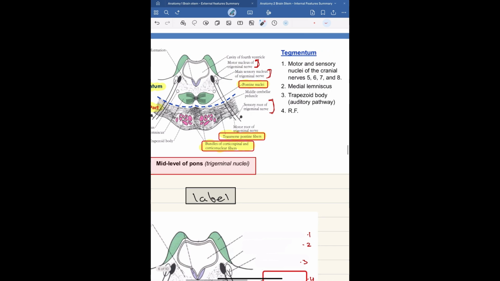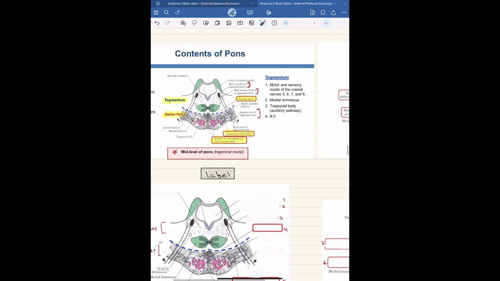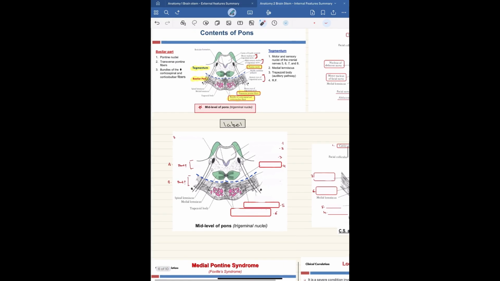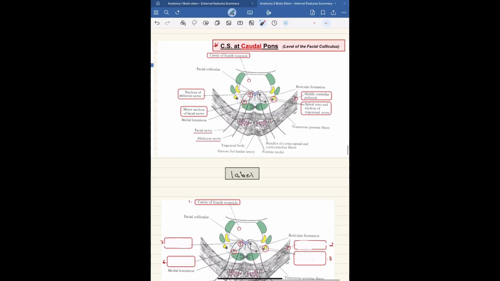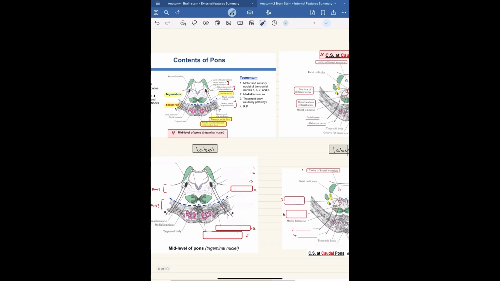And that's the main take you need from here. And I encourage that you go and solve those. Try to label. It's very important to be able to label. Okay. Next is another cut section, but this time instead of cutting in the midpoints to look at the trigeminal,